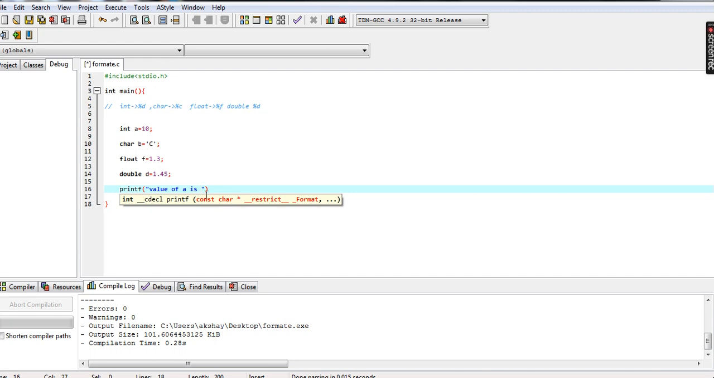Okay, and here I want to print the value of variable a. So here write the format specifier for this, %d. Okay, and then here give the variable. So the output will be value of a